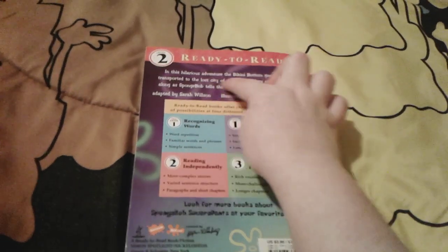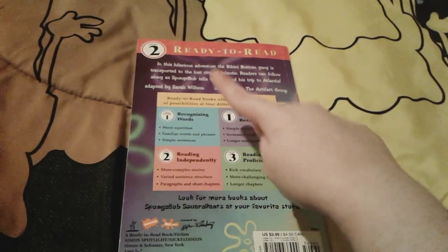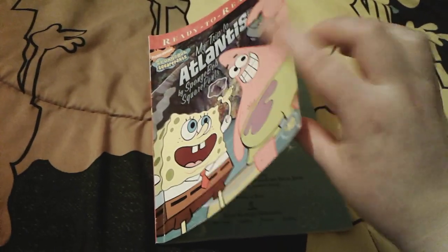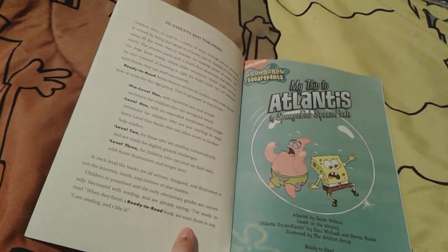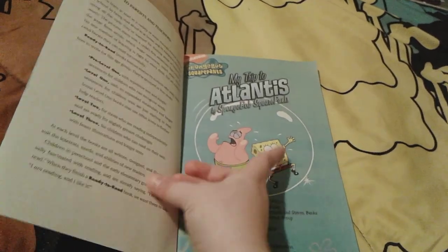So obviously, here's a little description about the story, and this was adapted by Sarah Wilson and illustrated by the Artifact Group, and obviously the other levels right here. Okay, so let's go ahead and start looking at the pages in this book. Firstly, here's a special little letter for parents and teachers to read. And then here's My Trip to Atlantis by SpongeBob SquarePants, and there's poor little Patrick and SpongeBob trapped in this